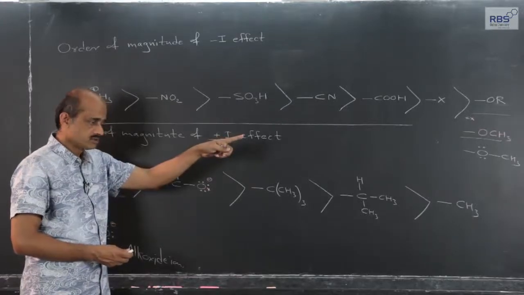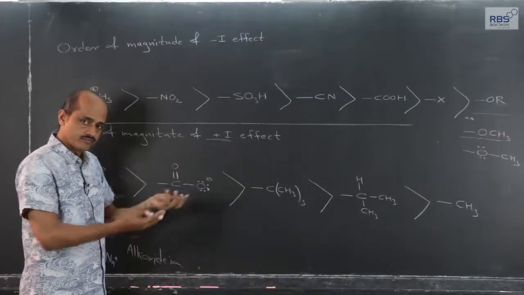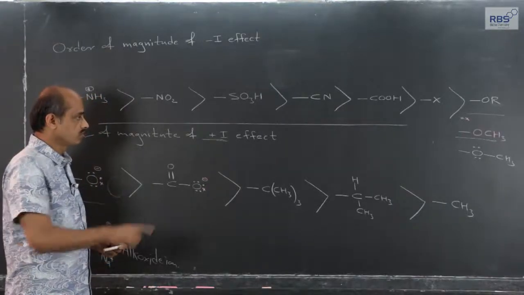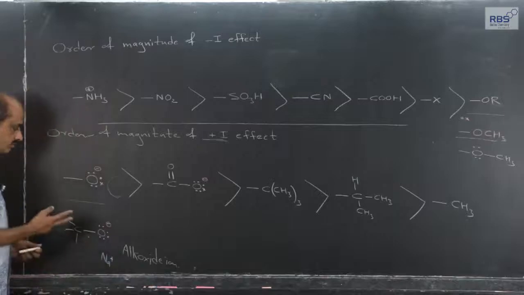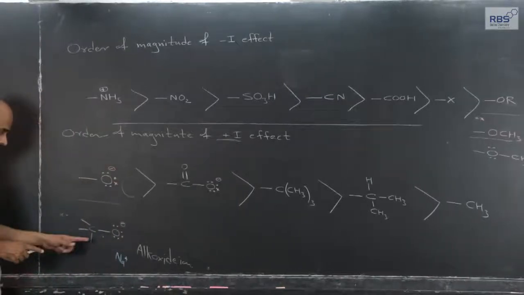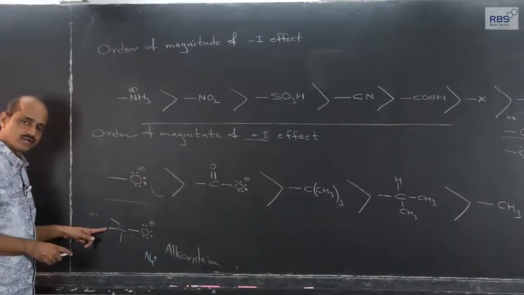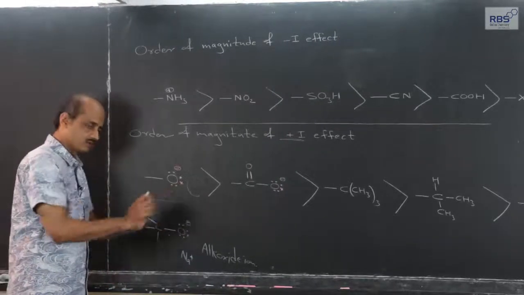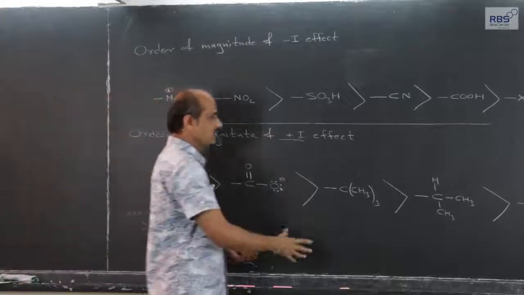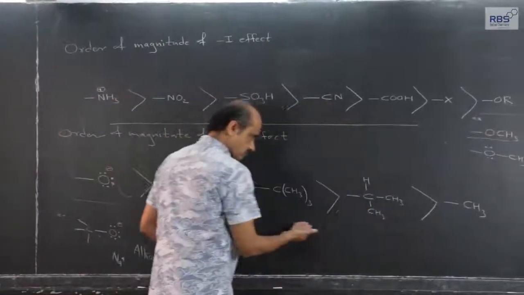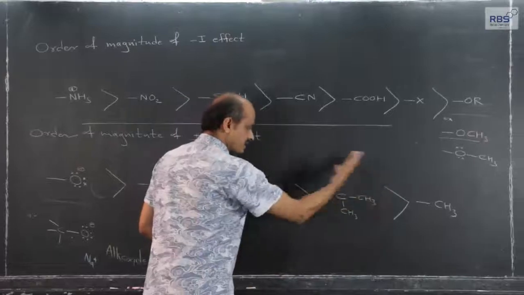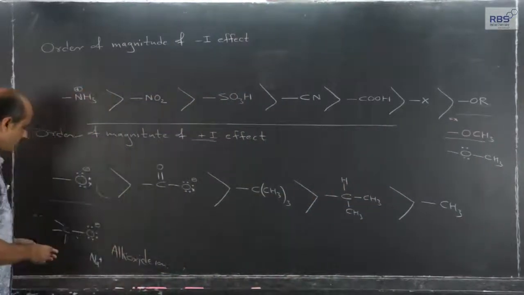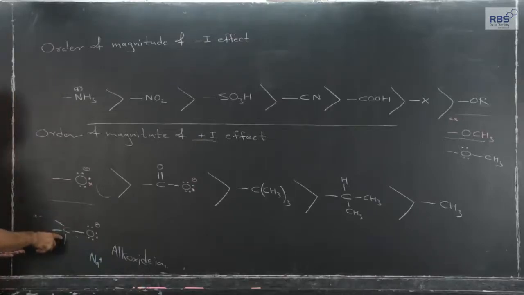Alkoxy group, from the inductive effect point of view, has electron withdrawing capacity because of the electronegativity of oxygen, but an alkoxide ion, if it is bonded to carbon or a chain of carbon atoms, has a tendency to release the electron density. So, in addition to the alkyl groups we have considered up till now, and normally considered in our syllabus, alkyl groups show positive inductive effect, and alkoxides show positive inductive effect.